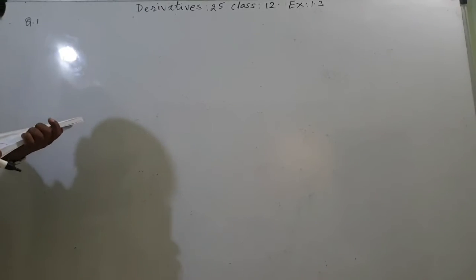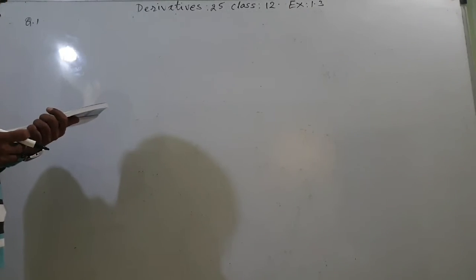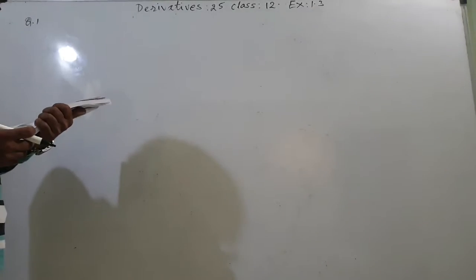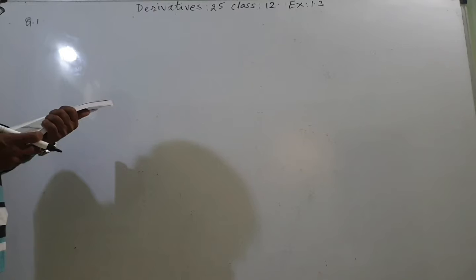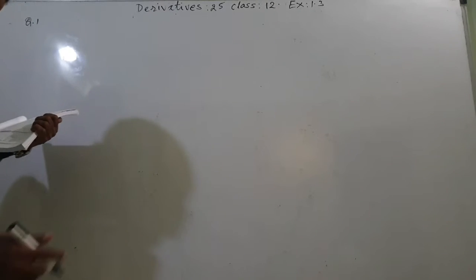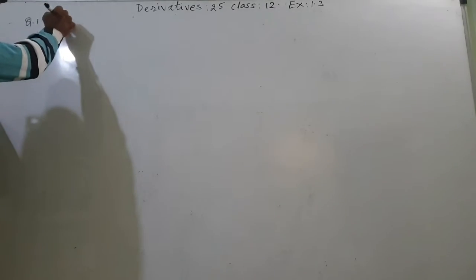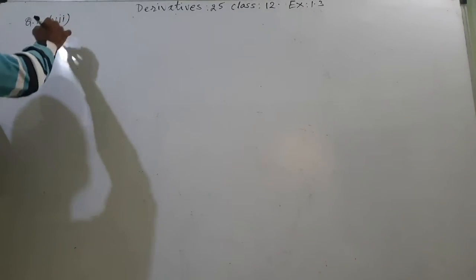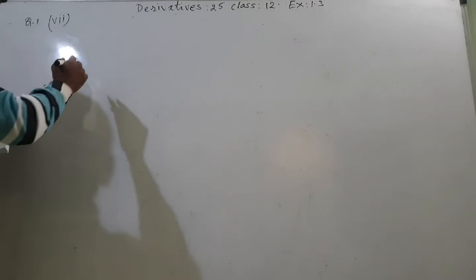So question number 1 was going on. Out of that, some of the questions were done. These two questions were solved. Those were very simple. Now I want to take another question from the same question number 1, the seventh one. It is somewhat different. That's why I am just taking it. Otherwise it is not needed also.